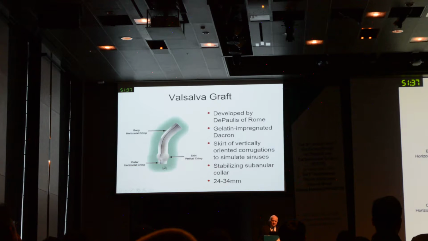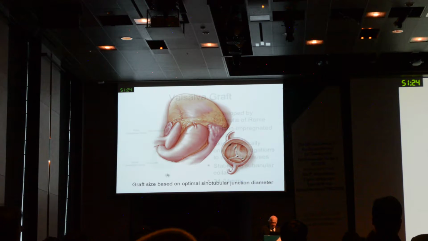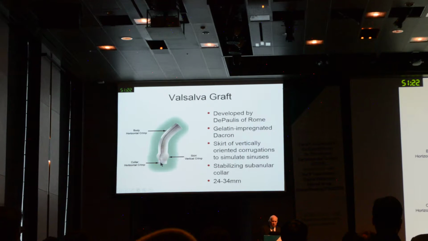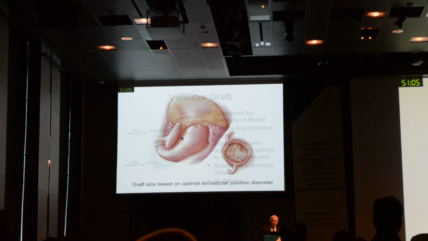The graft comes in sizes from 24 to 34 millimeters. That is the width here and the width here. The height of the sinus segment is always the same as the width here. It is a 1-to-1 ratio. And when it is under pressure, the diameter of the sinus is 20% greater than the width of the tubular segment. But we find that it does simplify the operation, and there's a lot less measurement and plication that needs